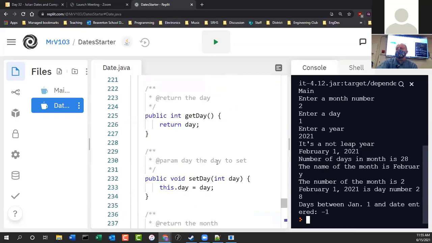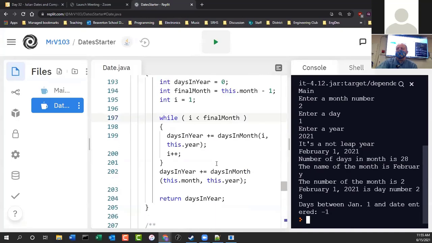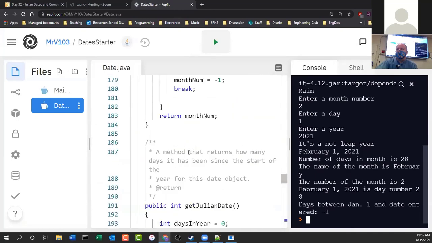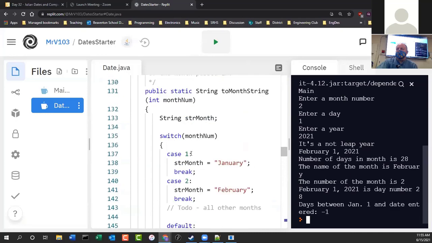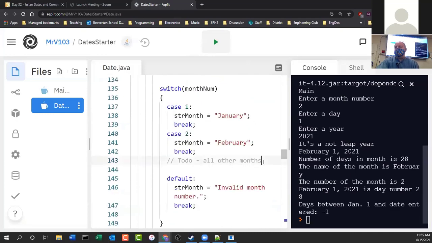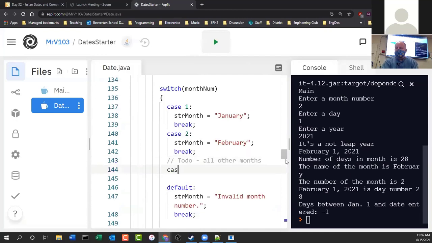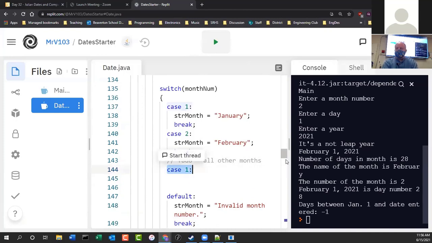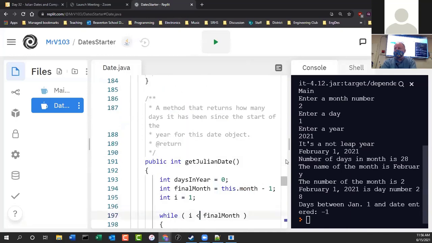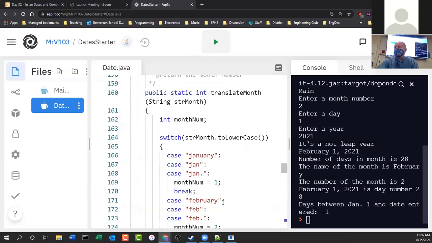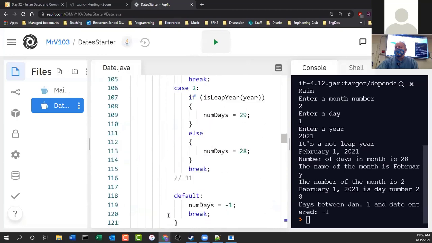Yeah. Well, maybe the best way to do this is let's fix the number of days thing, and see what we're going to get. That's here. I'm going to put in January, just so that we can get some consistent results. Oh no, that's not in the right place. Sorry. Okay, so yeah, here we want to put in January. You have to put the other ones in, but case 1, and then we'll set num days